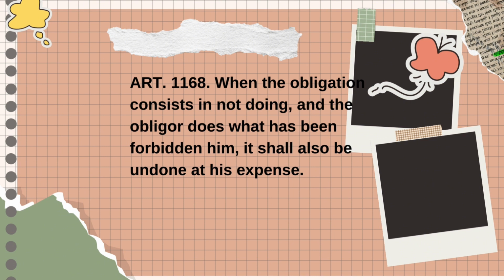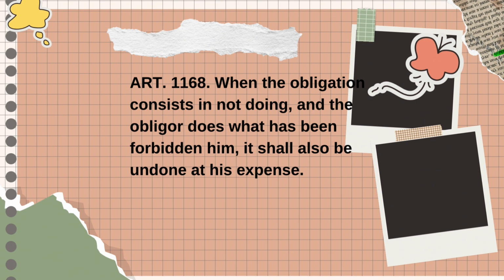A specific performance cannot be ordered in a personal obligation to do because this may amount to involuntary servitude, which, as a rule, is prohibited by the Constitution. Di ba? Hindi siya pwedeng pilitin kung ano yung ayaw niyang gawin kasi it is against the law. But if the personal qualifications of the debtor are the determining motive for the obligation contracted, the performance of the same by another would be impossible or so different from the obligation that it could not be considered performance. So, the only feasible remedy for the creditor is